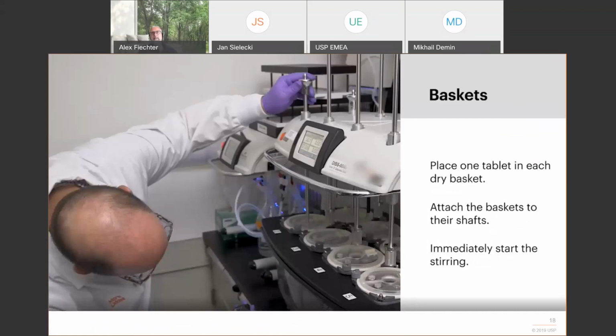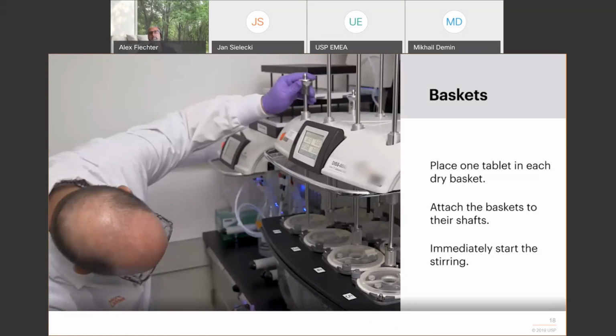When you do the basket test with PVT, it is essential to dry the baskets and to put the tablet into a dry basket. Why? Not only the prednisone formulation is sensitive to degassed medium or non-degassed medium, it is also sensitive to picking up moisture.